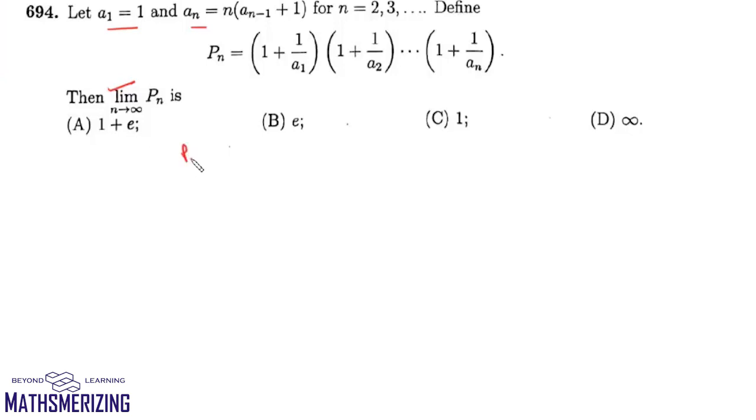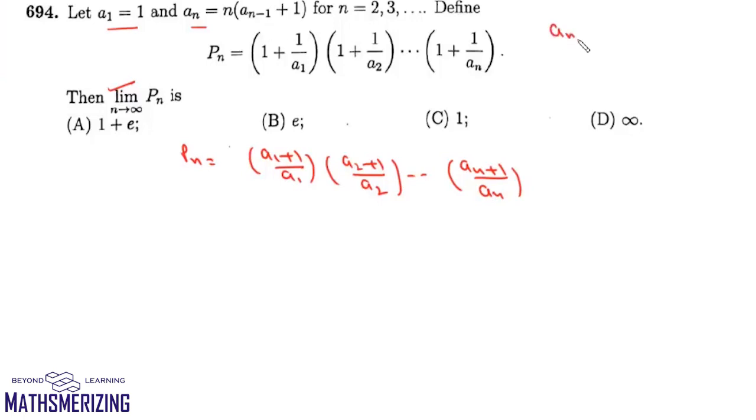Now we can write this Pn as (a1 plus 1 upon a1), (a2 plus 1 upon a2), and in the same way it goes up to (an plus 1 upon an). Now from this recurring relation we can say that an minus 1 plus 1 upon an is equal to 1 upon n. So we can write this as 1 upon a1 and then (a1 plus 1 upon a2) into